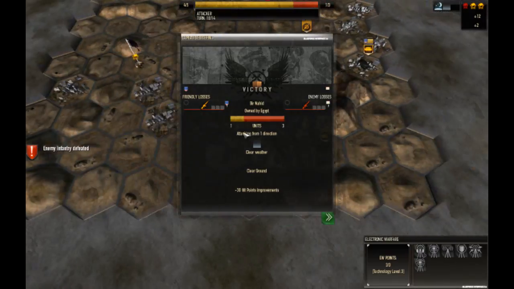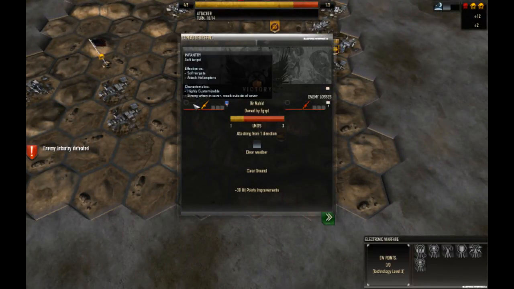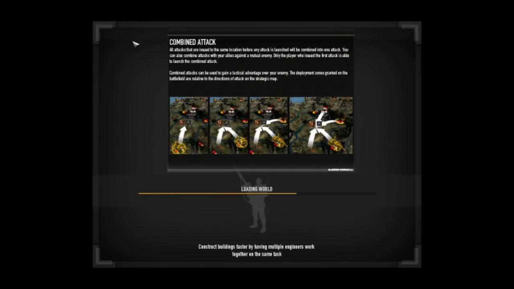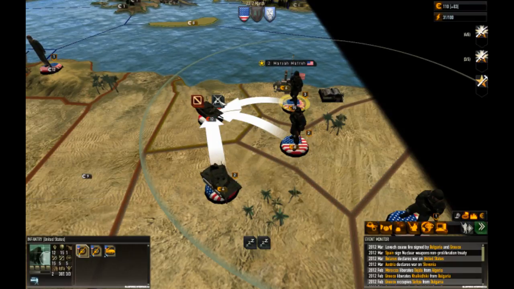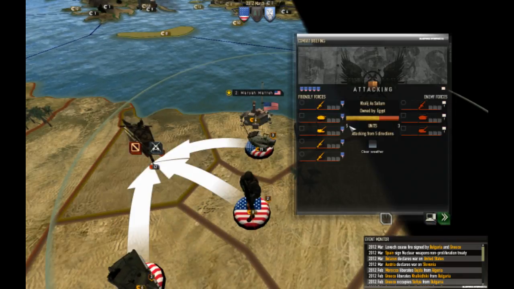The battlefield's actually pretty big as well. This is a smaller one. I believe this is small as far as the size. There's huge battlefields, probably up to 500 squares. Here's where I'm going to get messed up, and this is what I'm doing. I want to show you the automation for